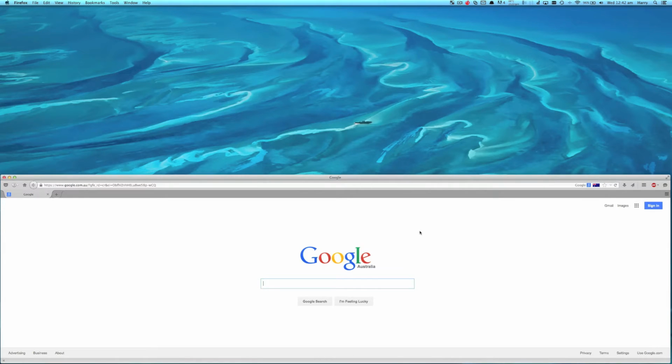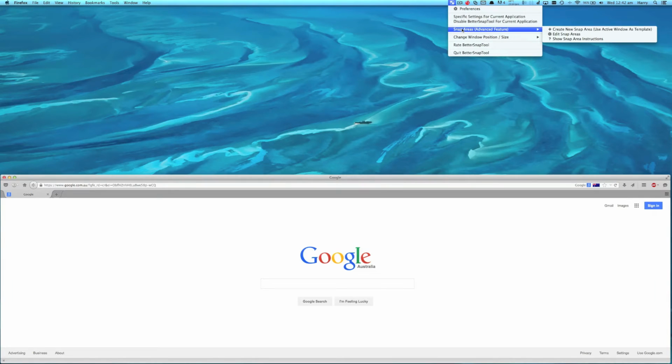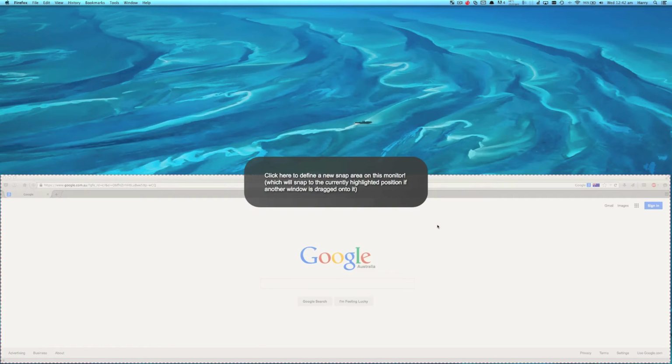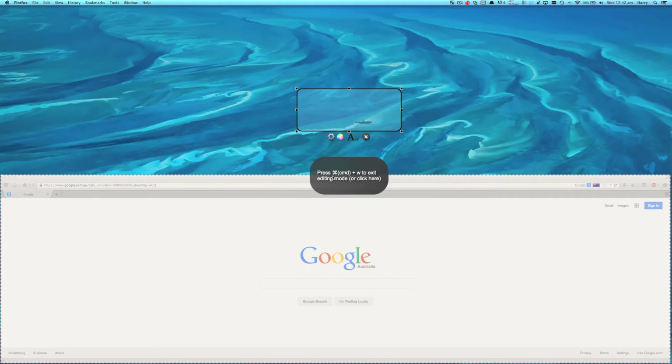What I do is I've already got it set the way I want it. I've selected the page. I come up here and then I go to Snap Areas Advanced Feature and create a new snap area using the active window as a template, which is this here. It automatically selects it. Then I click here in the middle, and then this little area here is wherever I drag the window, it will create this particular layout here and size. So say I put it here. Now if I put it up here, it would still create it down there whenever I drag the page. So say for example's sake, I'll put it down here, and then we drag it down,